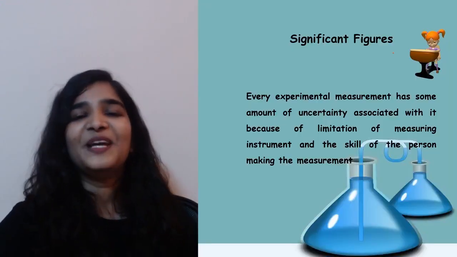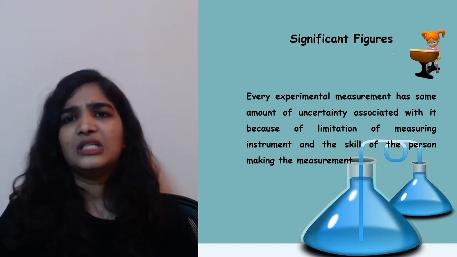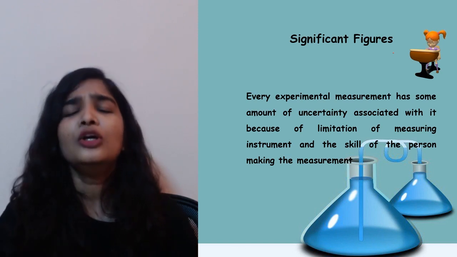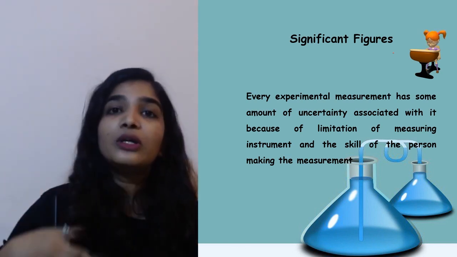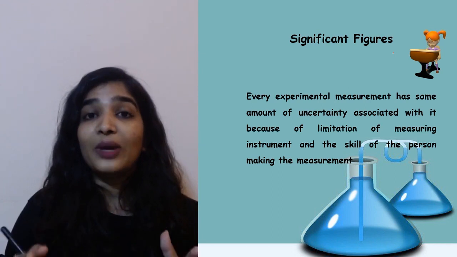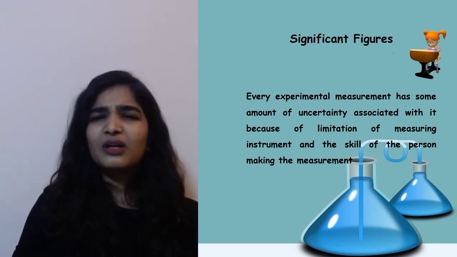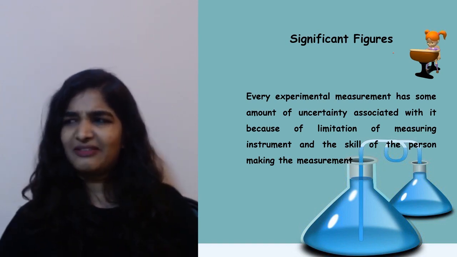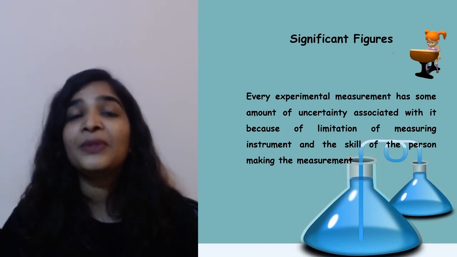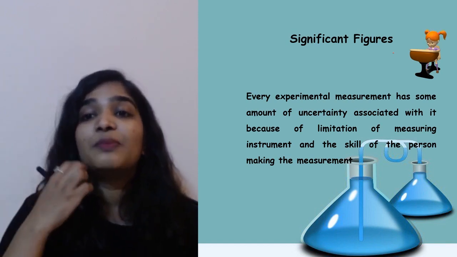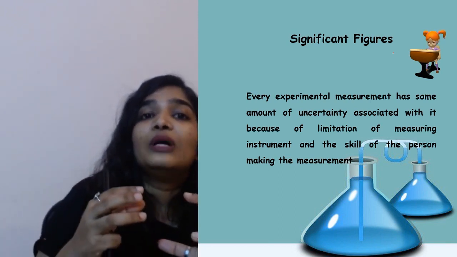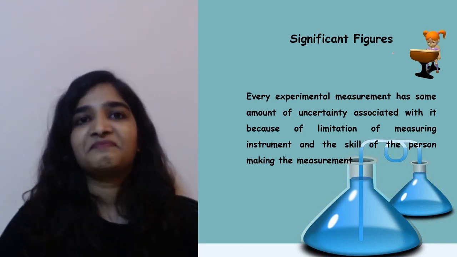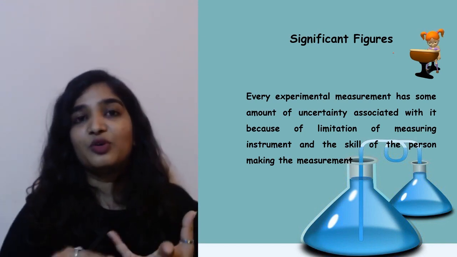Now coming to significant figures. Significant means important, right? When you are doing experiments, the weight is very important. When you talk about your body weight, like 47, you will just leave out the decimal point, 47.6 and all that, we never mention. But when we are doing experimental measurements, it depends on the skill of the person also, how they measure. If I measure, I'll get some answer. If you measure, you will get some answer.